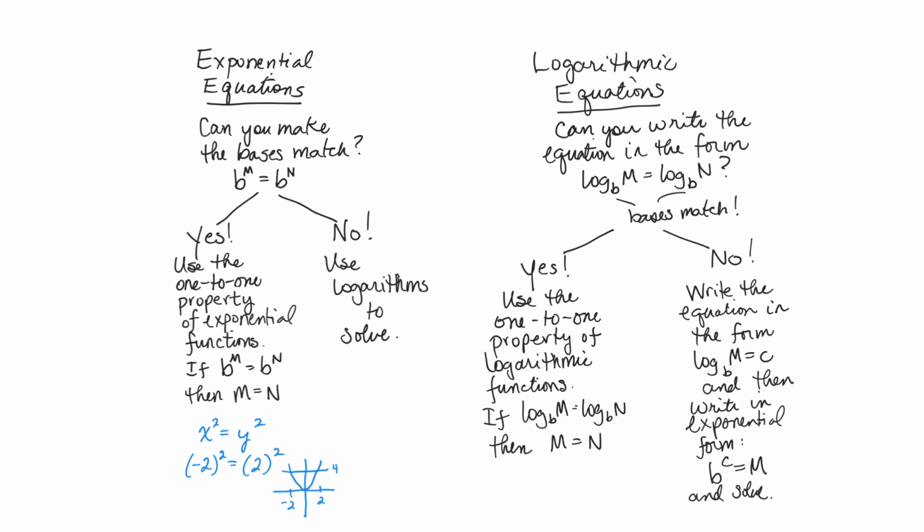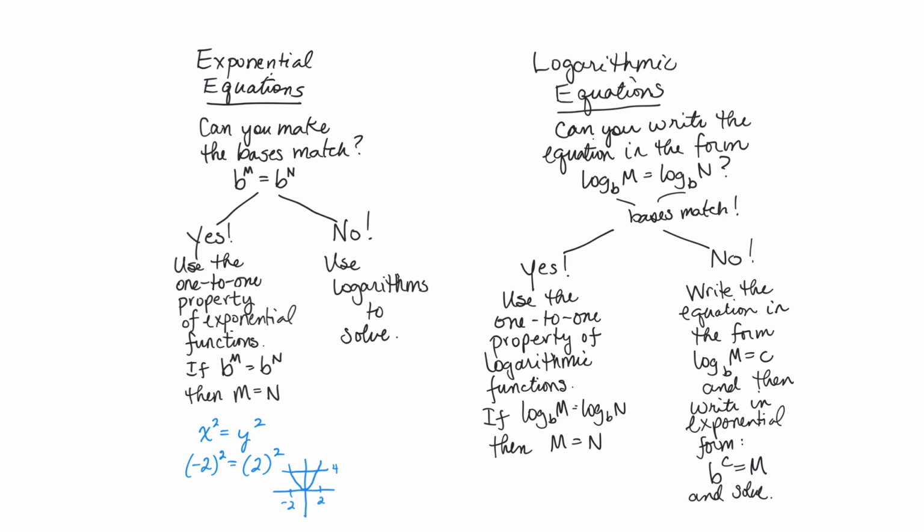Okay, so likewise in our logarithmic equations, if I can, in a manner of speaking, make the bases match, right? If I can write it as log base b of m equals log base b of n, and the bases match, and I have two logarithms equal to each other, then again I can use the one-to-one property, this time of logarithmic functions. If log to the base b of m is equal to log to the base b of n, well then it must be the case that m is equal to n, because logarithmic functions are one-to-one,